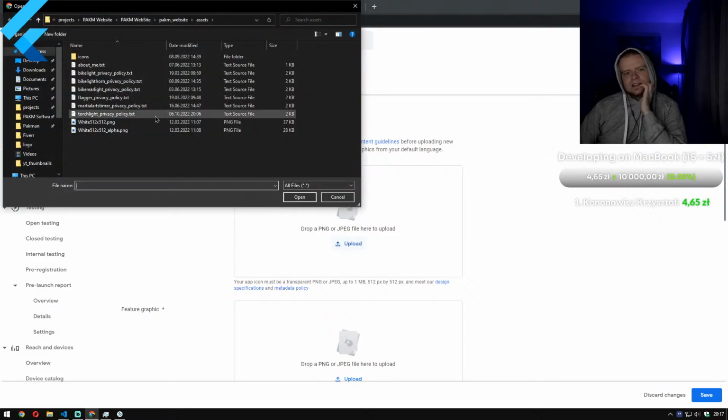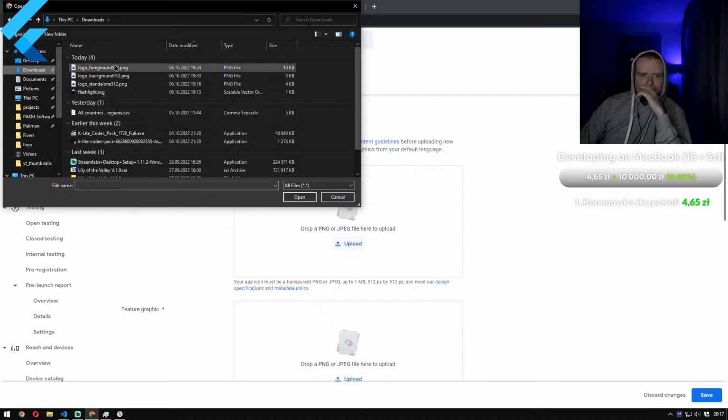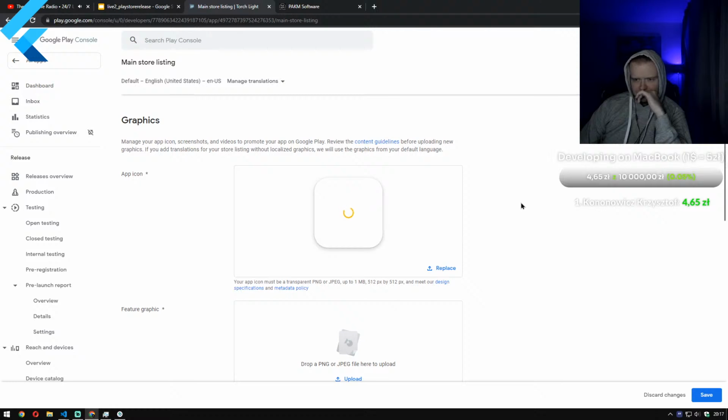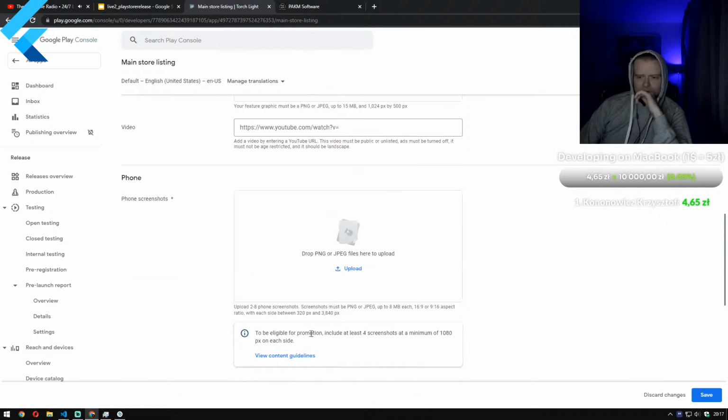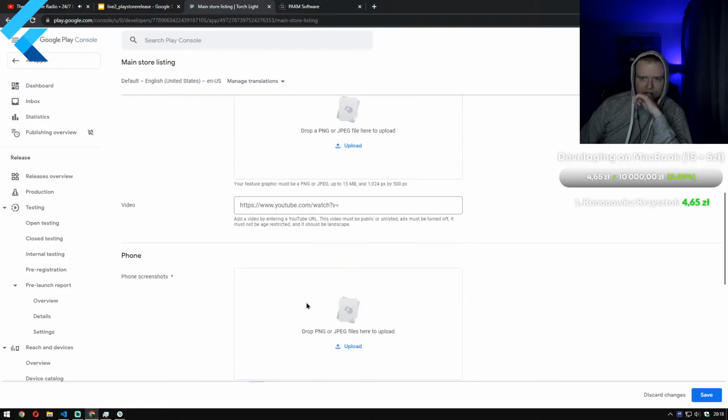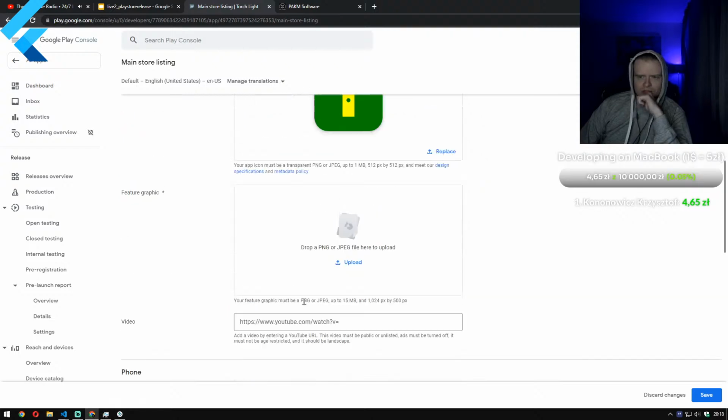So application icon, we already created that. So if we go back to our downloads, we have the logo standalone. And we also need to create our feature graphic. And also we need to create at least 2 to 8 phone screenshots. So for the feature graphic, I'll create that really quickly because it's 1024 pixels by